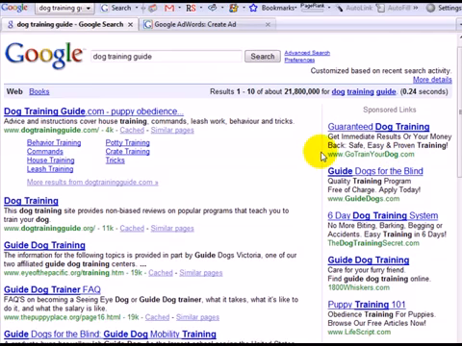Okay, let's look at the third piece of the puzzle here, the URL. So this is essentially where you're sending the person. But this doesn't mean you can't send them to a page on that domain. So if I click on here, am I going to be taken to Go Train Your Dog? Well, you might be taken to gotrainyourdog.com/dogtrainingguide1 or whatever. But you've got to be going to this site here. So you don't really have too much of a choice.